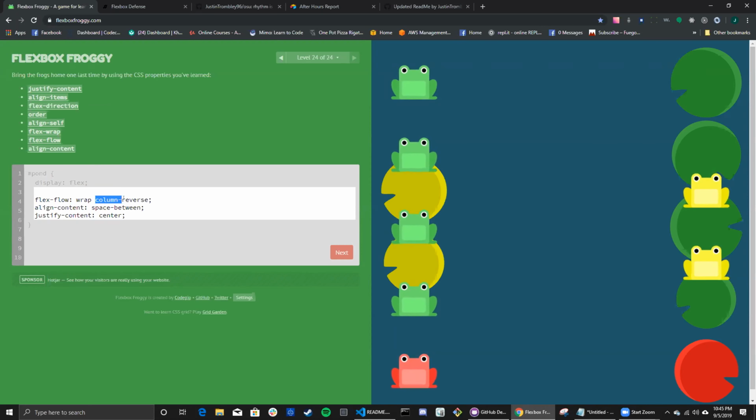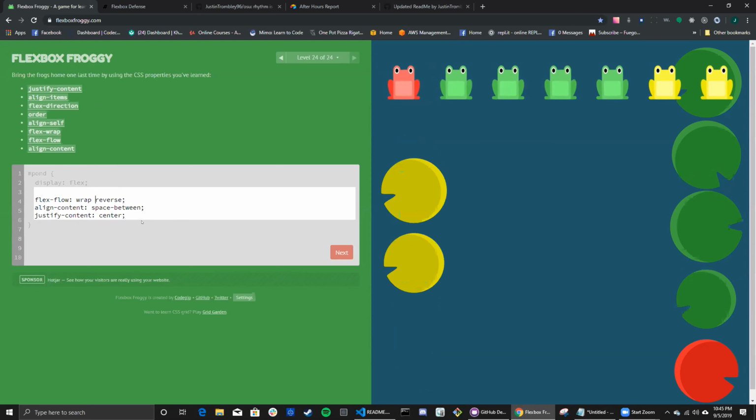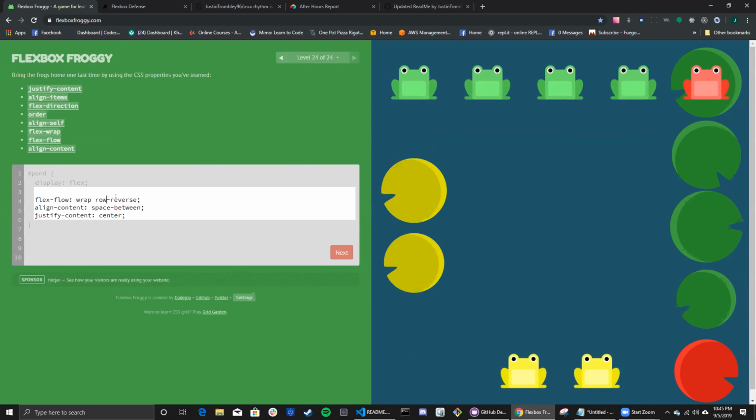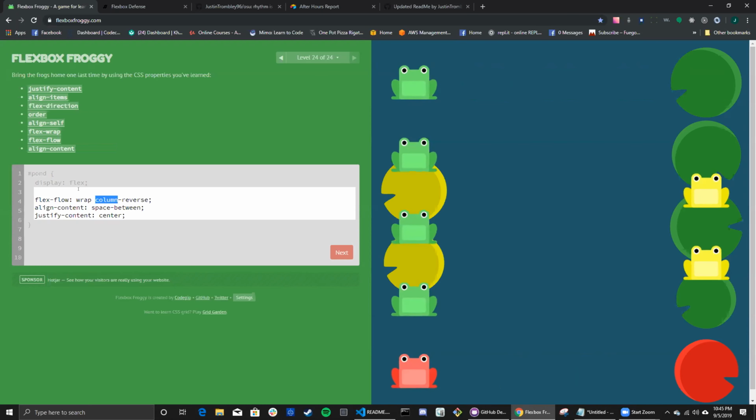Like wrap reverse and then column reverse, or maybe wrap reverse and then just column. It's flex direction, wrap reverse, maybe. So you can have column reverse or row reverse. But what happens if we do flex direction row reverse? Did we already try that? No, I don't think we tried row reverse yet. Yeah, try. No, leave the flex flow. Yeah, and then add on top flex direction row reverse. Yeah, I think